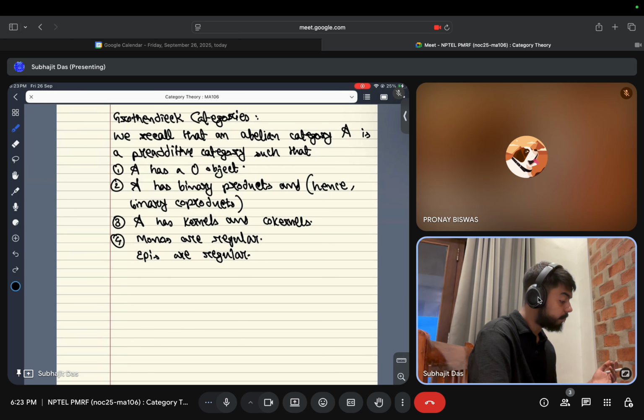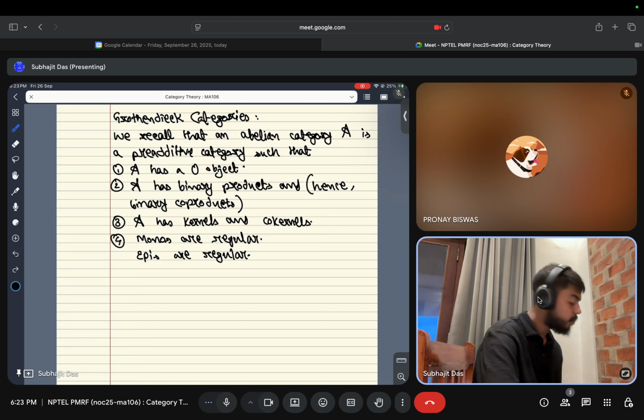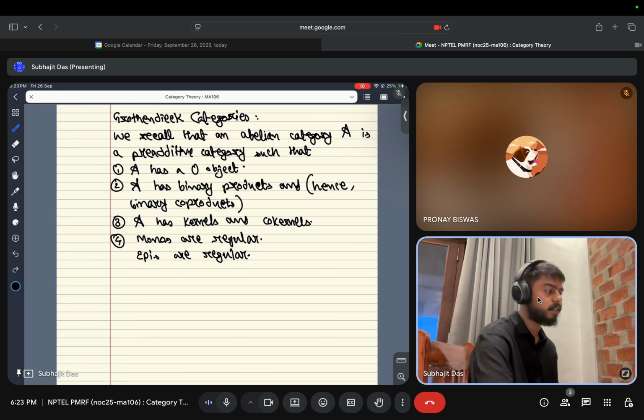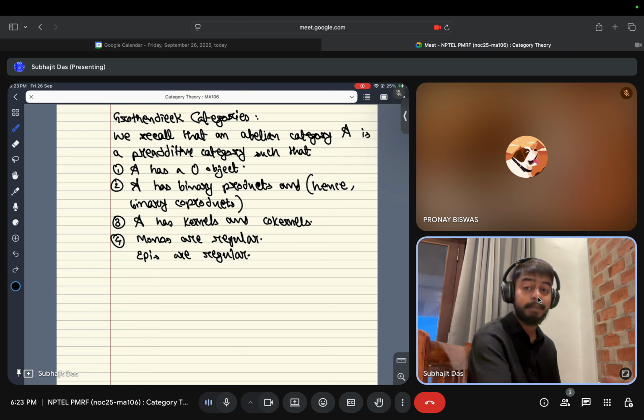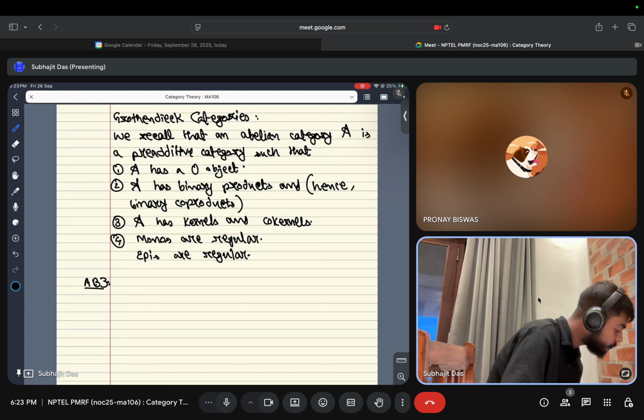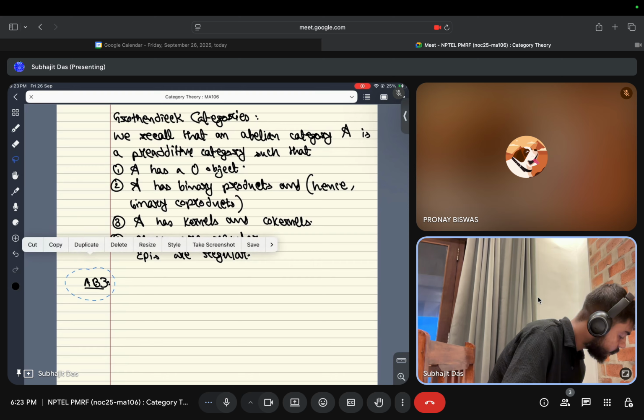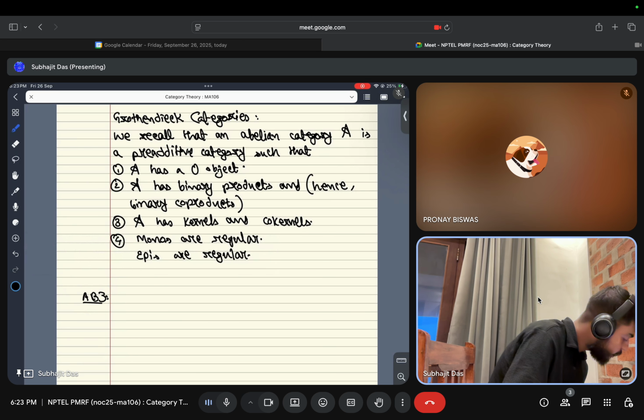But we saw an example of an abelian category which is not actually complete. That is, it does not have all small limits, or does not have all small co-limits. So we would like to remedy this situation and demand that our abelian category should have that property as well, which is actually what is known as the AB3 axiom. So, for a Grothendieck category,